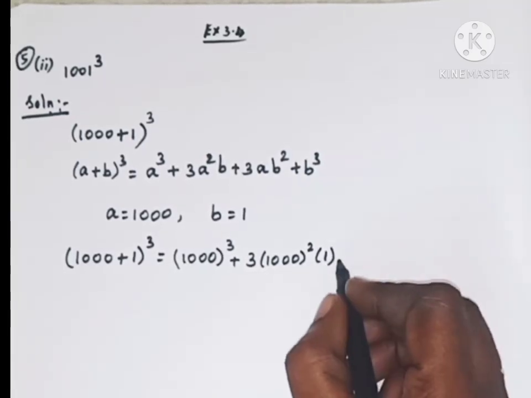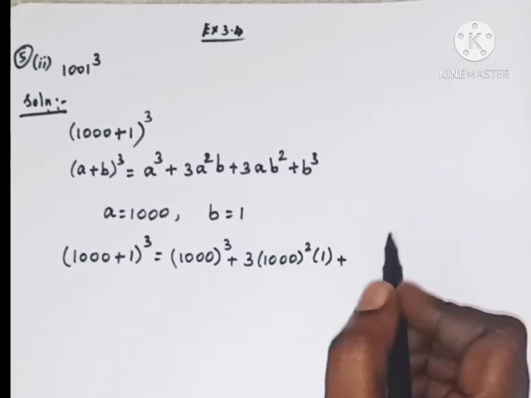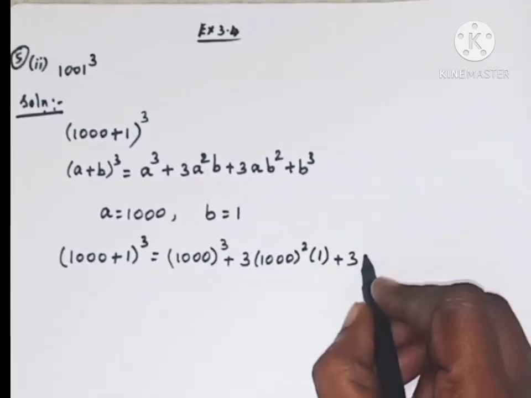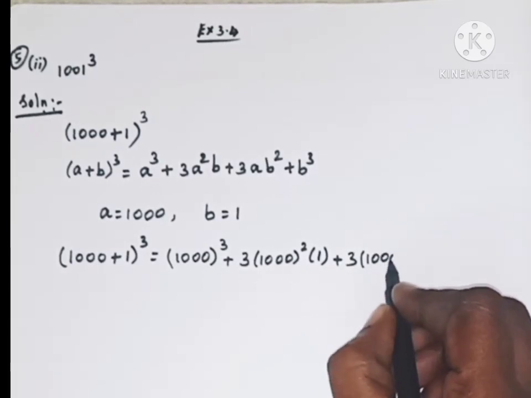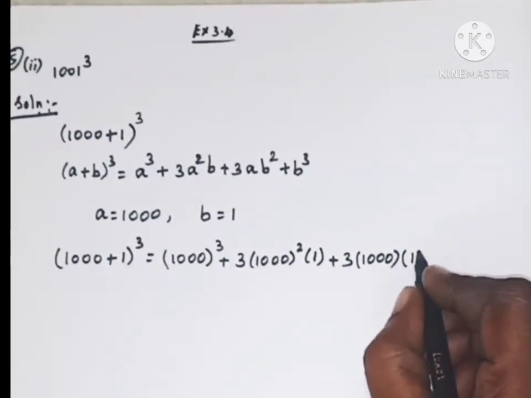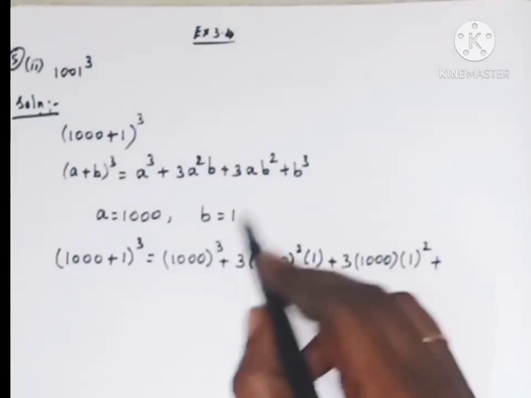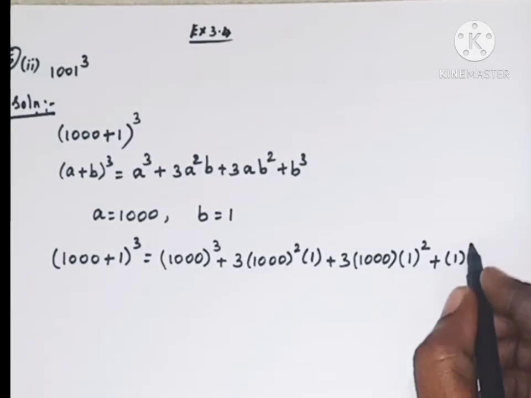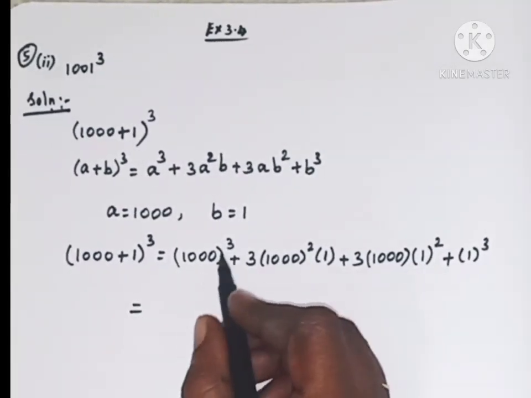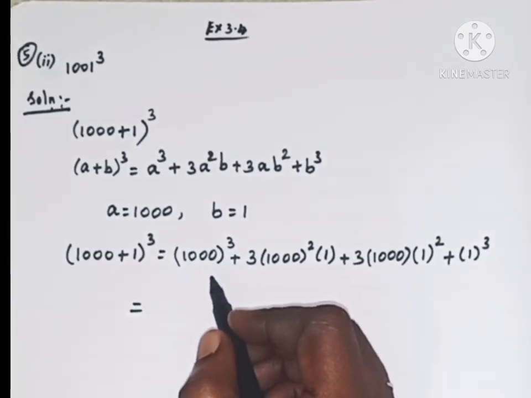So 1 plus again we have 3AB square. So put 3, in the place of A we have to write 1000, 1000 into B square. B square is nothing but 1. 1 the whole square plus B cube. B is nothing but 1. So 1 the whole cube, which is equal to 1000 the whole cube, is nothing but 1000 into 1000 into